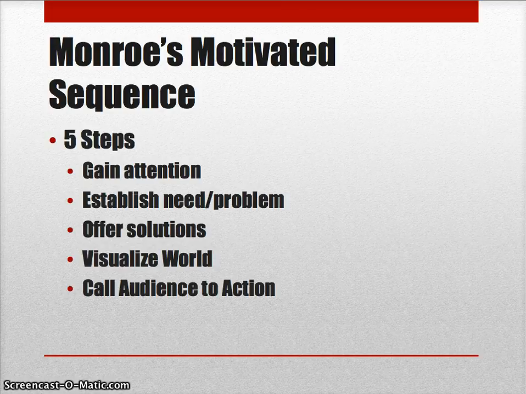The third step is that we need to offer solutions, all right? And that makes sense too. If we have a problem, we need to offer some solutions as to how we can fix it, right? Makes sense, it's part of the persuasive process. The fourth step is one that a lot of students have trouble with. So this is one to really kind of think about, especially if you're considering using Monroe's motivated sequence. And your fourth step, what you're trying to do is you're trying to visualize the world as it would look if your solutions were enacted. So if the world finally all of a sudden said, okay, you know what? Everyone is going to recycle everything that we can, and we're going to decrease the amount of trash that we're using, right? What would that look like?